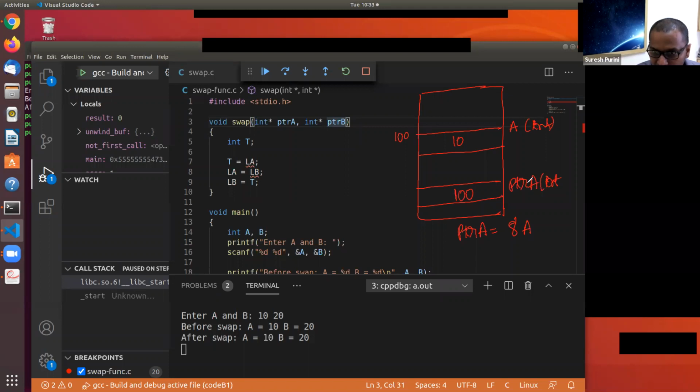Let's say ptra is also a variable and it also has memory. And let's say the address associated with it, for the sake of simplicity, is something like 2000.